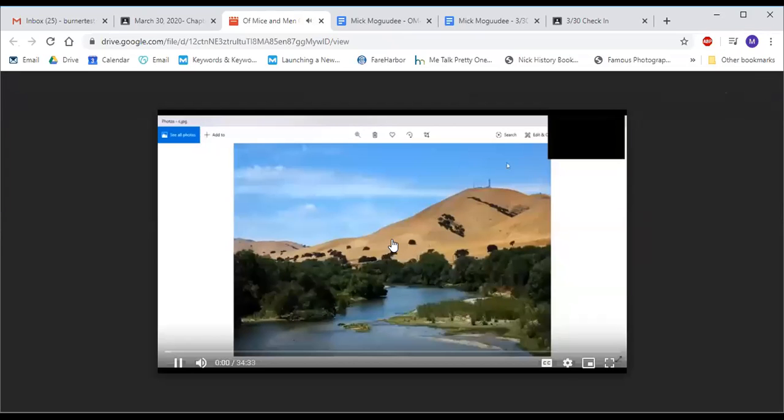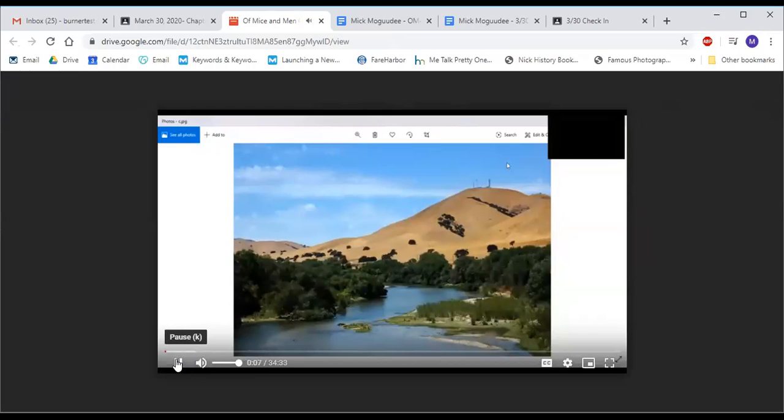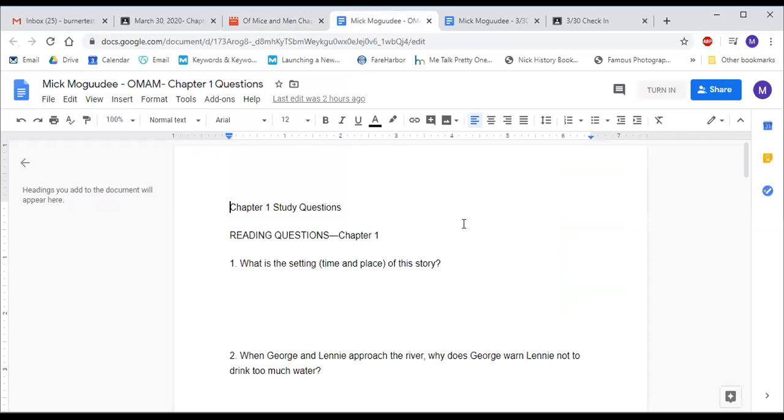All right, class. So today we are going to be starting in on the novel of Of Mice and Men by John Steinbeck. The notes and the reading,